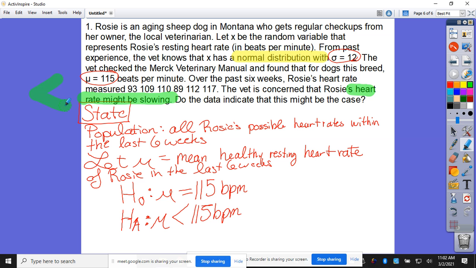And so that also tells me how I'm going to shade it, which means is it going to be a one tail or two tail? One tail, which direction? Left, to the left because less than. And what's the other thing I need to put here? So I'm here, right, let alpha equal 0.5,